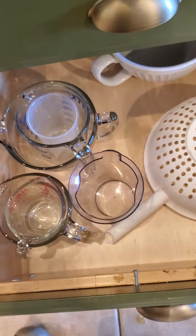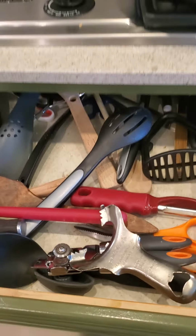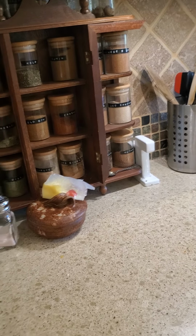I'm not going to go through every single thing, but measuring cups, the larger ones, and these are going to be aprons. I've still got some in boxes I haven't pulled all the way out. I really like having tools here instead of in a crock. I do have a crock of tools, but I'm trying to keep it to the wooden tools, and the meat masher does not fit in a drawer, so we'll just...